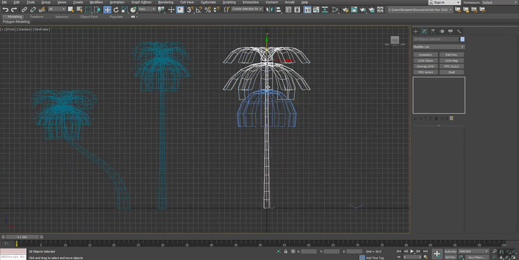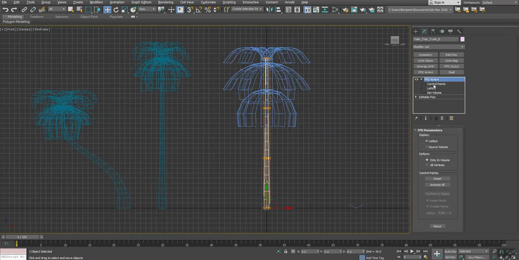So if I zoom out, let's make sure we go into the control points. If you want to grab the trunk, move it over to the side, then you can take these other control points and rotate them. And what that does is that allows you to get a little bit more creative with the shape of your palm tree, right? If you want to make it a little bit more interesting. As long as you take